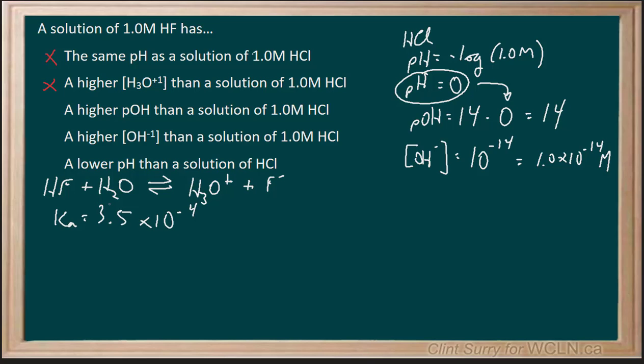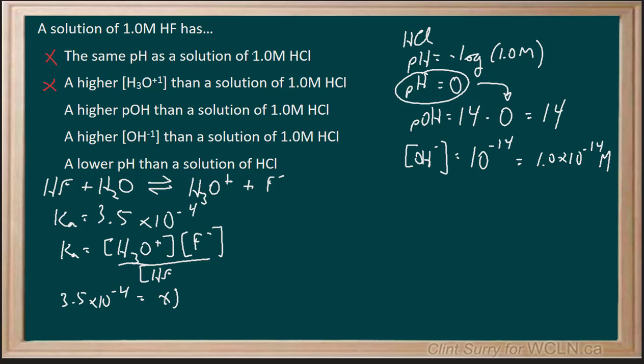To figure out the amount of hydronium ion, we're going to set this up as Ka is equal to the H3O plus and the F minus over the HF, like we do for any weak acid. That's 3.5 times 10 to the minus 4, equaling X and X over 1.0 molar. With some rearranging and solving, we know X will end up equaling